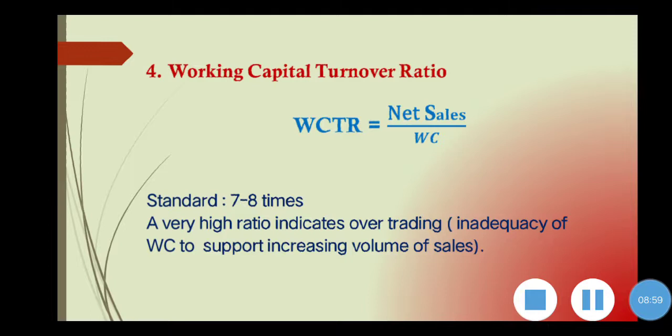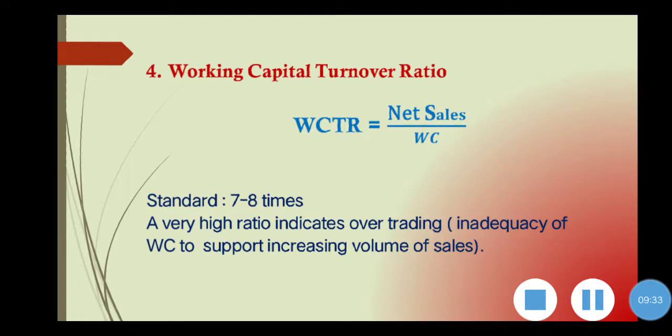Generally, the higher the ratio, the better the utilization of working capital. This means a lower investment in working capital has generated more volume of sales. But a very high ratio indicates over trading. The standard is 7 to 8 times. Suppose you get 10 times, that is expressed like that, means